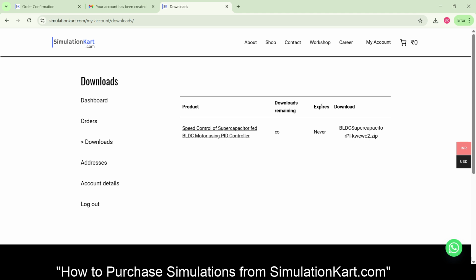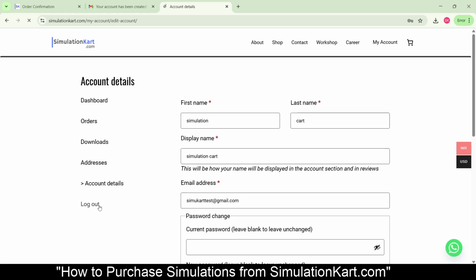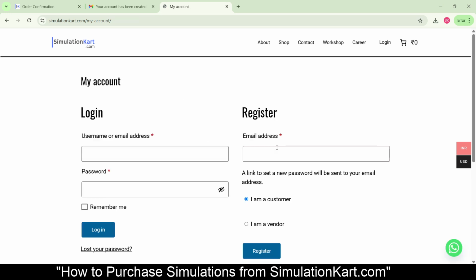This has no expiry date, so you can download it any number of times even in the future. And here you have the account details, and very safely you can log out and log in. Next time when you visit, you can directly log in and search, and you can very easily purchase the simulation projects